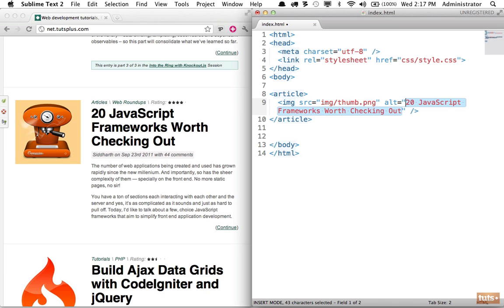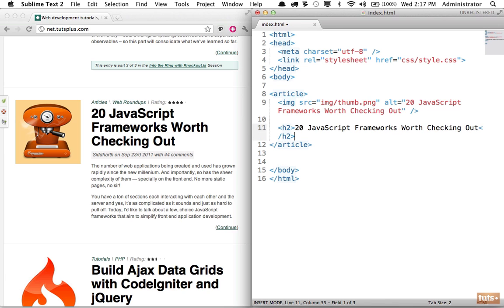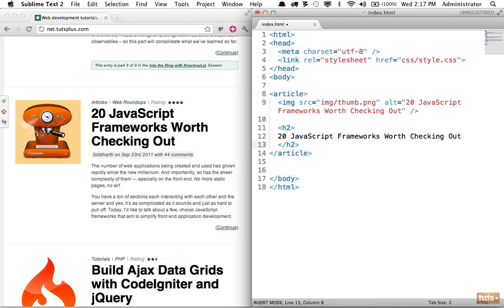Next, I'm going to copy this because I'm going to reuse it right here. So we will place the title within an H2 tag. Now we could do H1 if we want, but I think in this case we'll stick with H2. And I'll paste that in like so. If we want to clean this up, maybe put this on its own line because we don't have too much real estate here. Okay, so now we have the thumbnail and the image, but we also need to have the